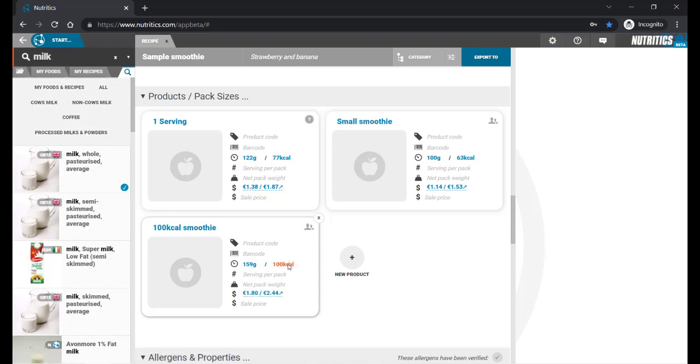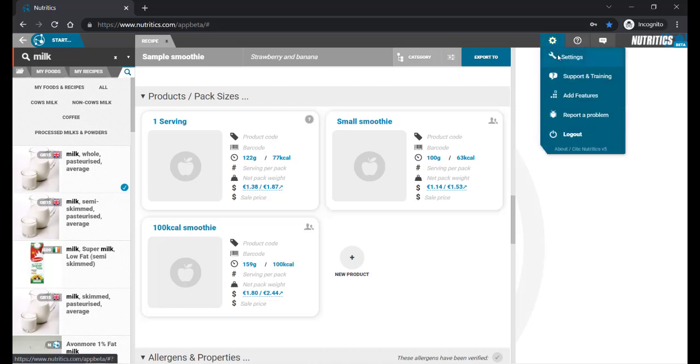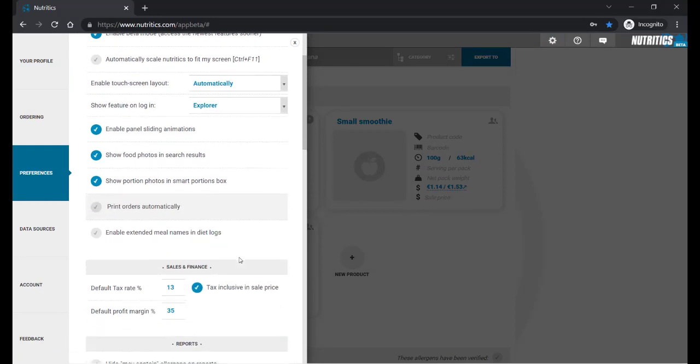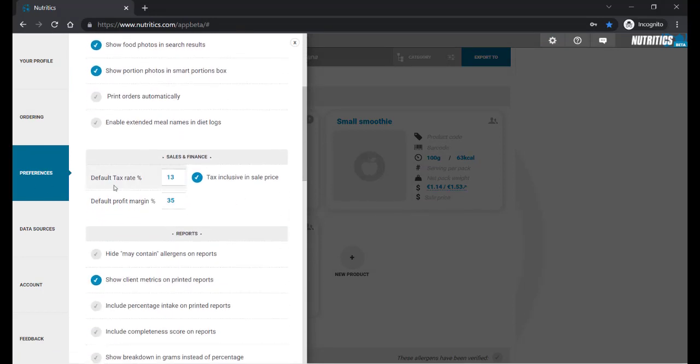The calories and costs are automatically updated for you. Here we're shown the cost to produce the serving and the recommended retail price. Tax is included in the sales price here, but if you want to change that, or if you want to change the tax rate itself, you can do that from the main menu, Settings, Preferences,